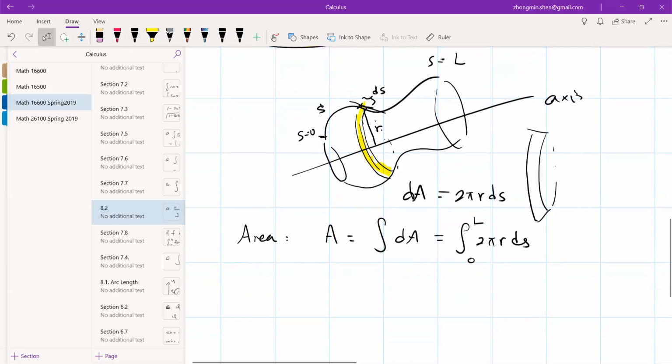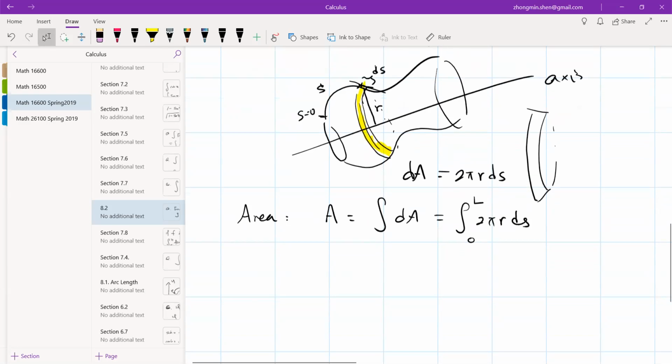But in reality, it's almost impossible to find the arc length of the curve. Okay, so this axis could be the x-axis, could be the y-axis, could be any vertical line. So let's do some exercise. I'm not going to give you a very specific formula here, but if you are able to,